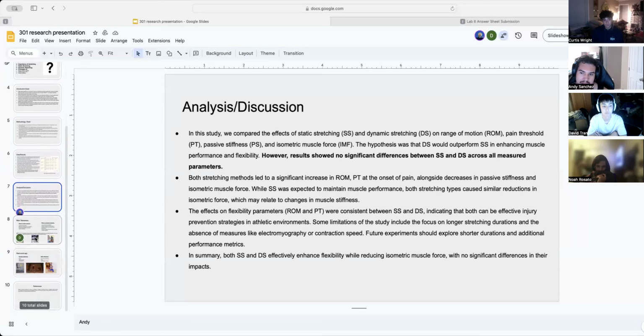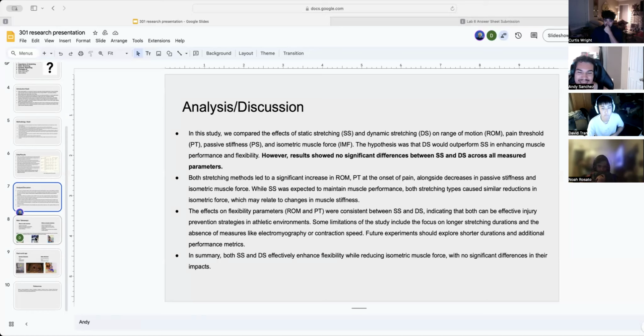Both stretching methods led to increased range of motion, pain onset, or passive torque, alongside decreases in passive stiffness and isometric muscle contraction. While static stretching was expected to maintain muscle performance, both stretching types cause similar reductions in isometric force, which may relate to changes in muscle stiffness. And the effects on flexibility parameters, both range of motion and passive torque, were consistent between static and dynamic, indicating both would be effective injury prevention